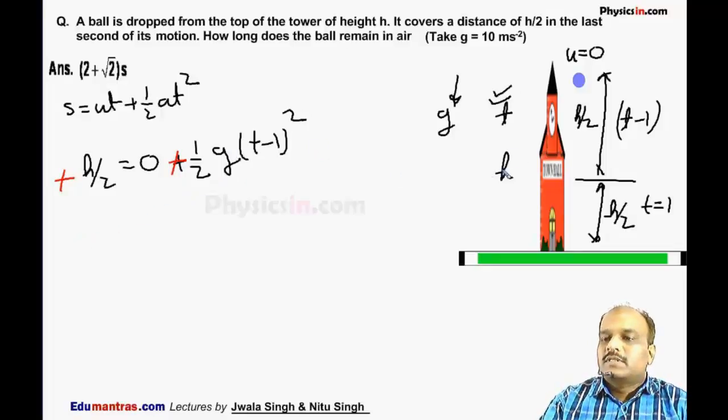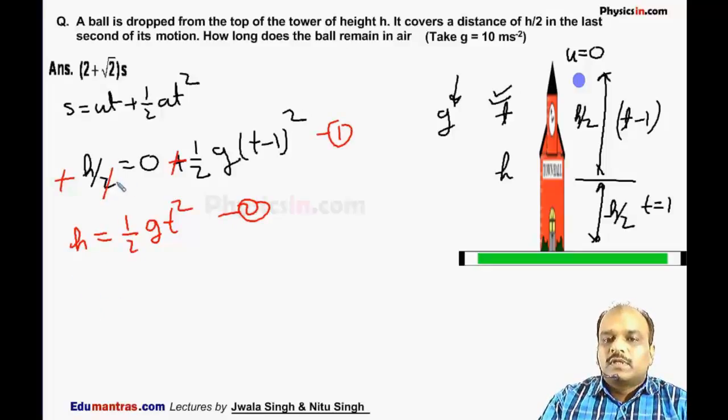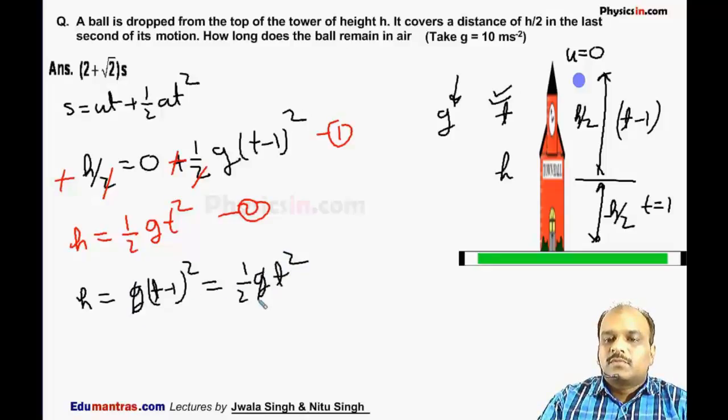Now from here we can say the total height h is also equal to half g t square. This is your second expression, this is your first expression. Now from these two expressions, I can say this 2 will cancel out. Now we can say h is equal to g (t minus 1) square, that is also equal to half g t square. So this g will cancel out from these two expressions 1 and 2, we get root